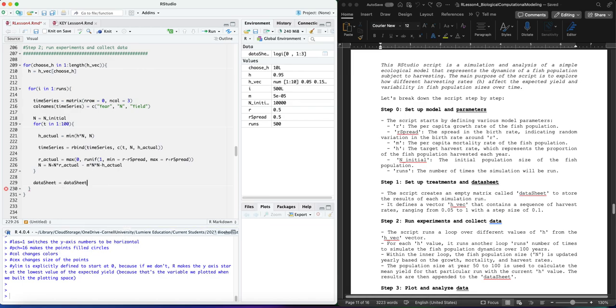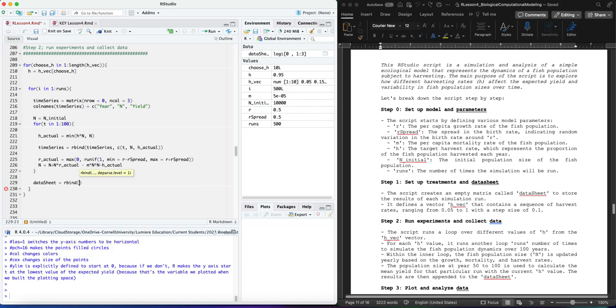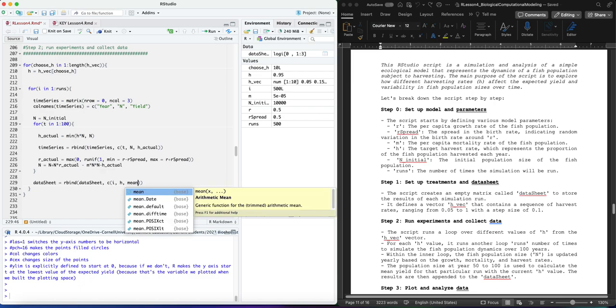I want you to populate this data sheet. I first need to do the rbind function. But I want you to populate this data sheet with the run, the harvest rate, and the mean of the time series. So we're saying the mean from years 1 to 100, what was that harvest rate for